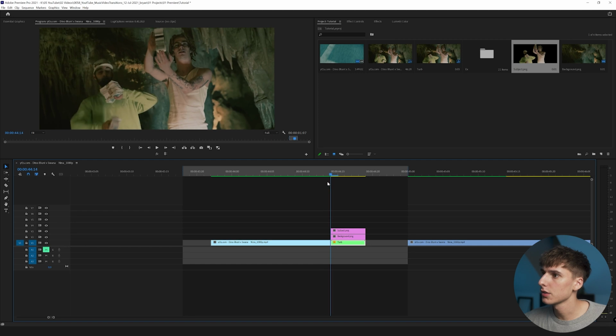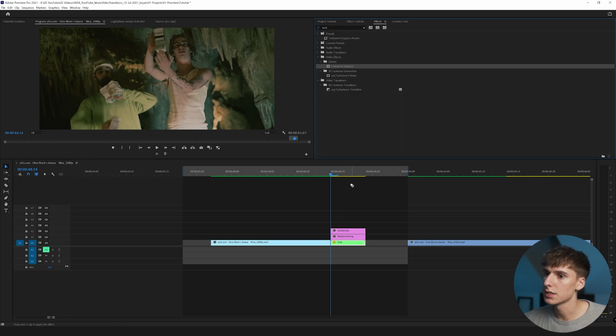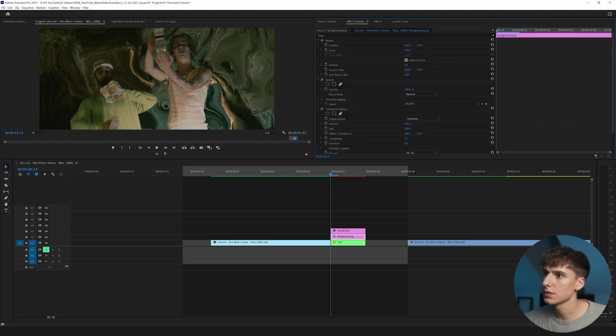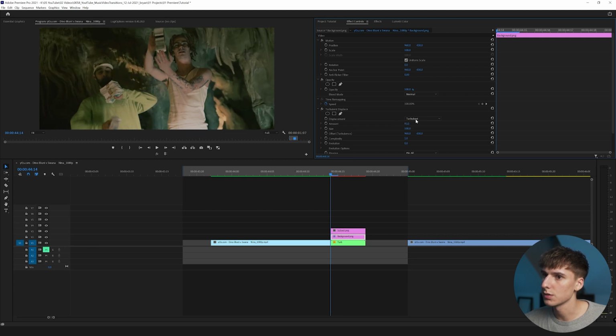And now you can see there's a little bit of a shift around the subjects here. Obviously, it's going to change a little bit with the masking, but honestly, it's not even that noticeable. And you can do some things to finesse it. I'll show you in a little bit. And then the first thing I'm going to go to is Turbulence Displace, add it to the background. And now you can go basically as crazy as you want with it, and it's not going to matter because you're not going to see the subject. So I think that's really cool.